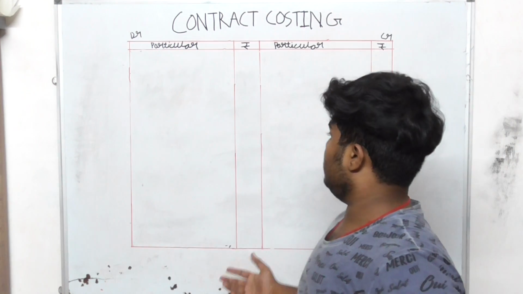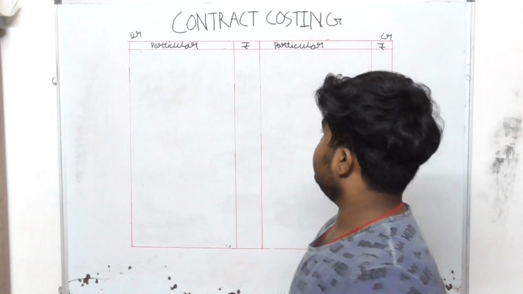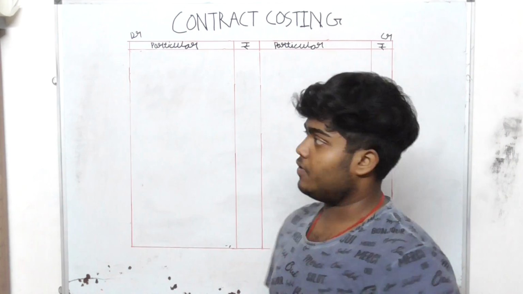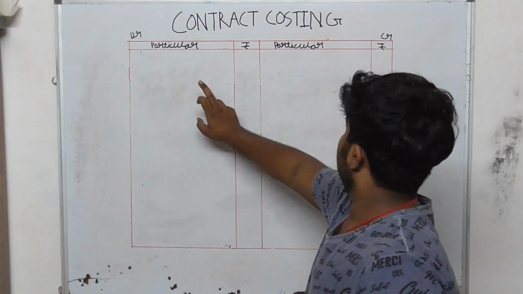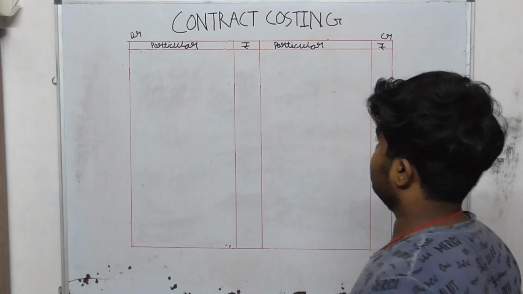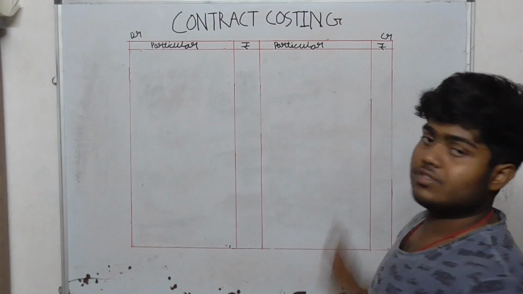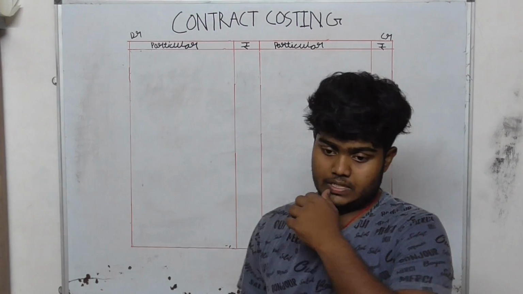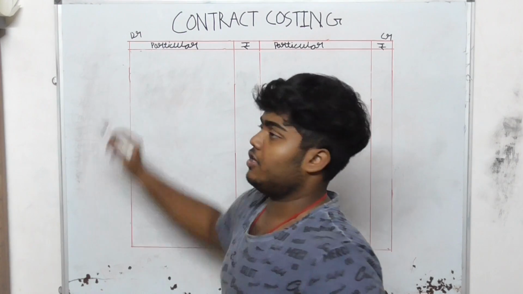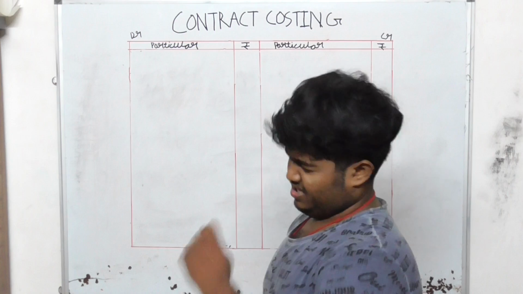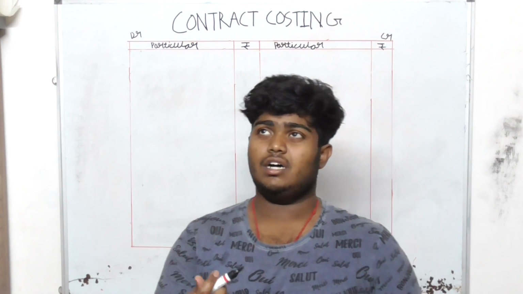So today we are talking only about the formula. First of all, in the contract costing formula, we have to draw lines for two particular boxes and two amount boxes like this, and you have to write debit and credit on both sides, and then you have to write the last date or the closing date of the contract. So last date is the year ending.